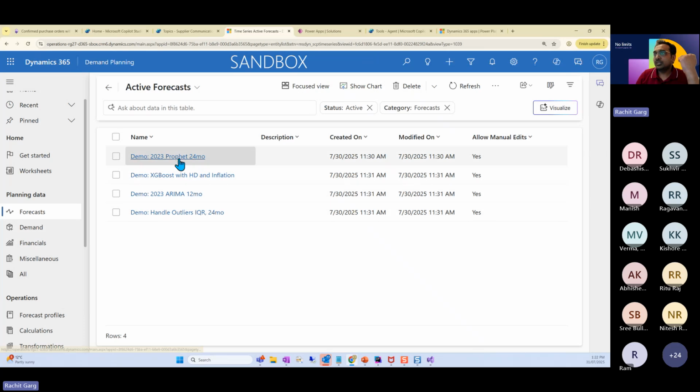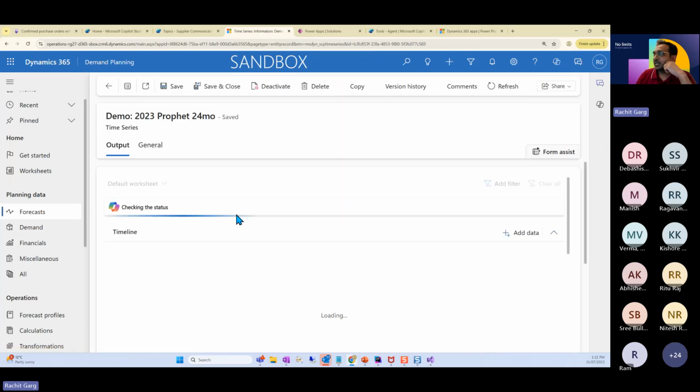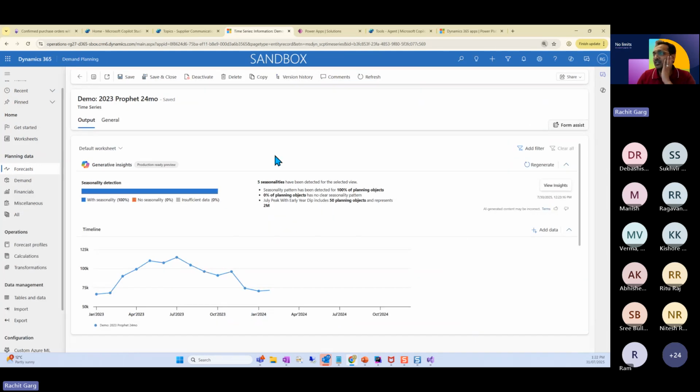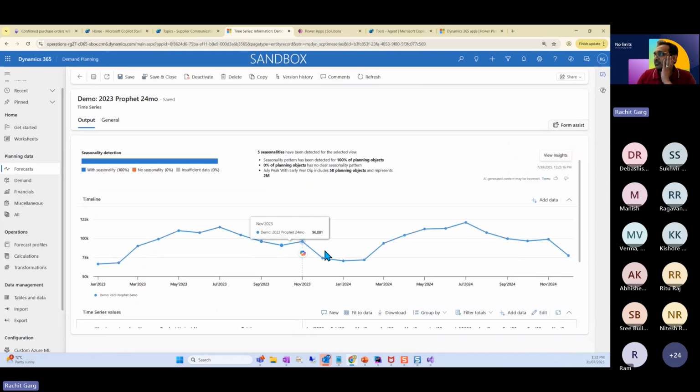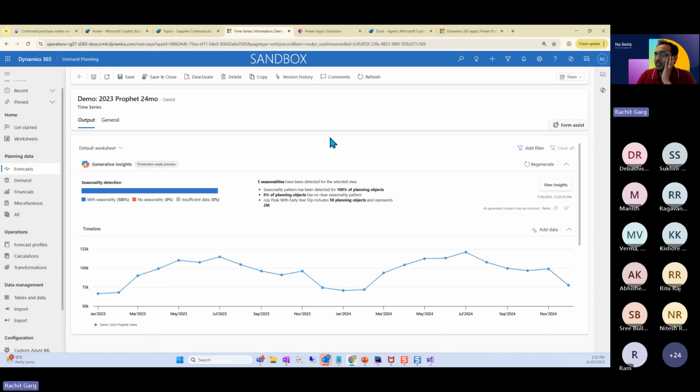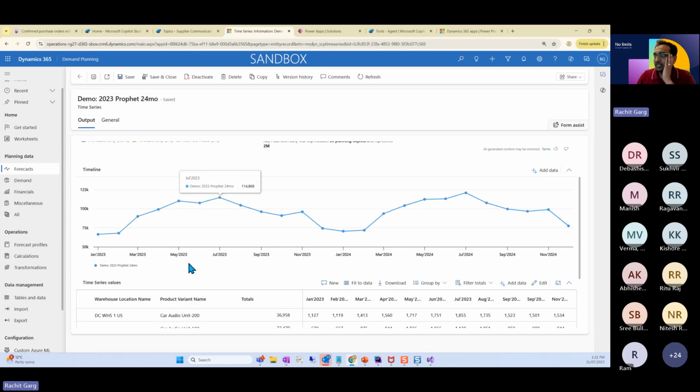In this case, I'm opening a forecast which is generated by the application. As you can see, this is the forecast which is generated, and it is based on this data. So where is Copilot? Copilot is actually everywhere. Here you will see generative insights, created by Copilot, which is basically a summary of what we are seeing here.